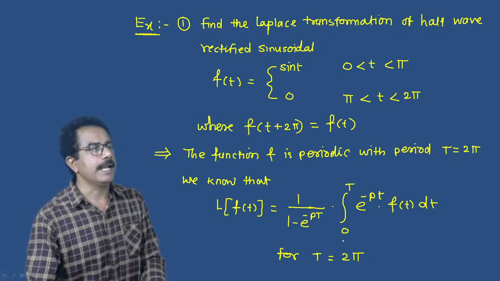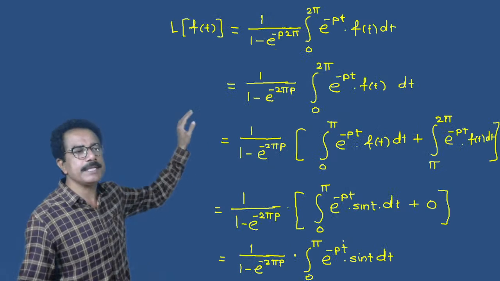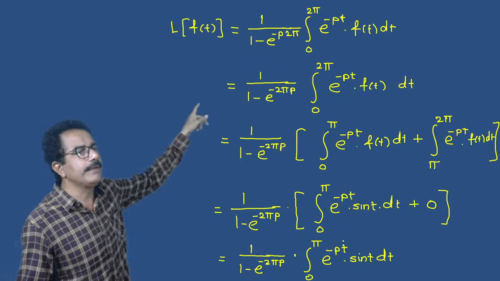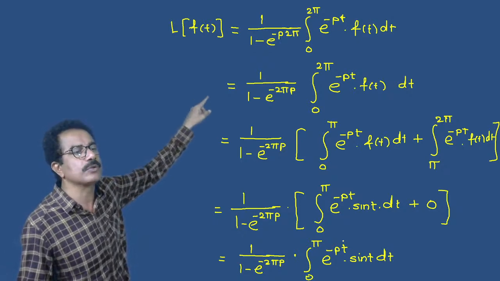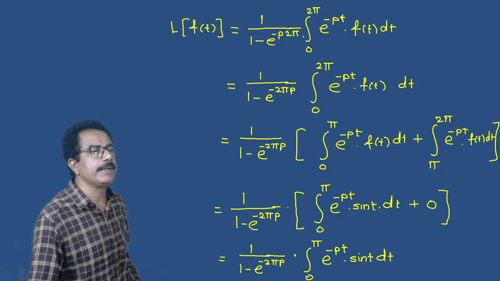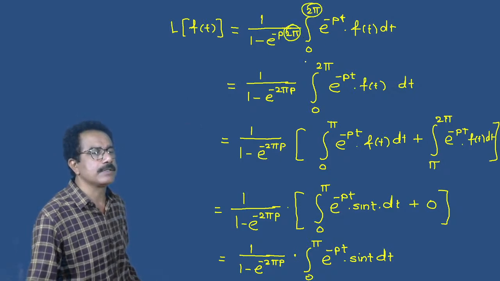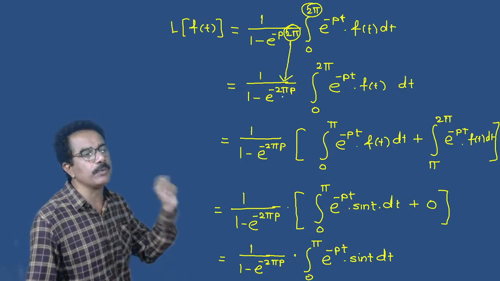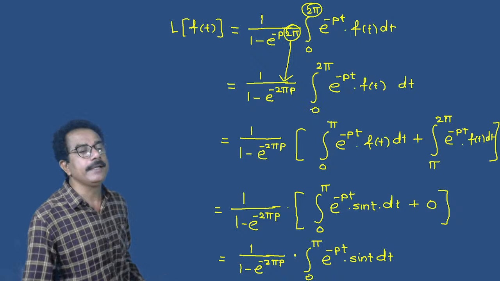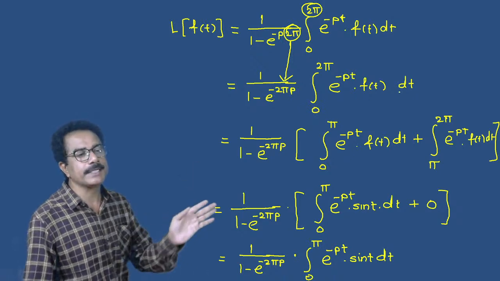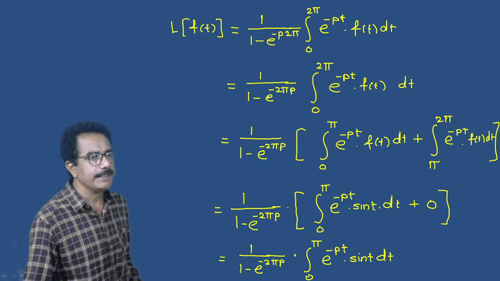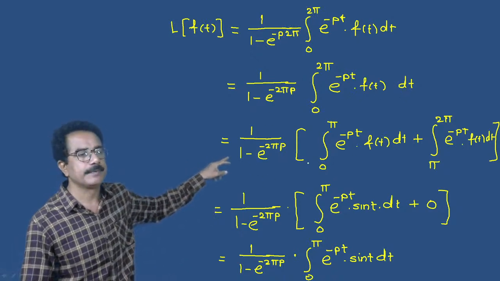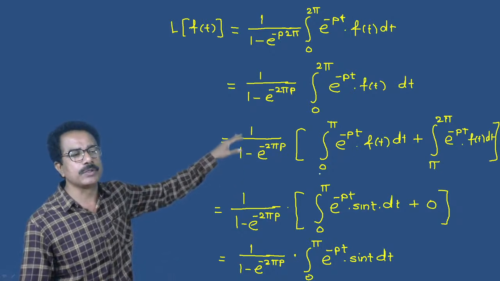Okay. Now, due to this replacement of the period capital T equal to 2 pi, our integration form will be 1 upon 1 minus e raised to minus p into T. In place of p into T, we have written 2 pi. That we can write as 1 upon 1 minus e raised to 2 pi p. Integral will be from 0 to 2 pi. Remaining terms are as it is. So 1 upon 1 minus e raised to 2 pi p into integral from 0 to pi,